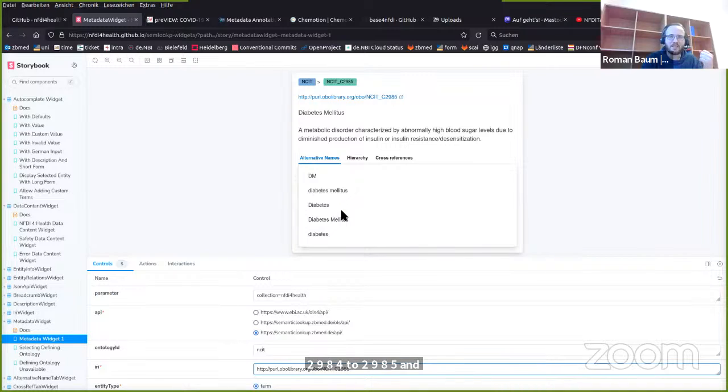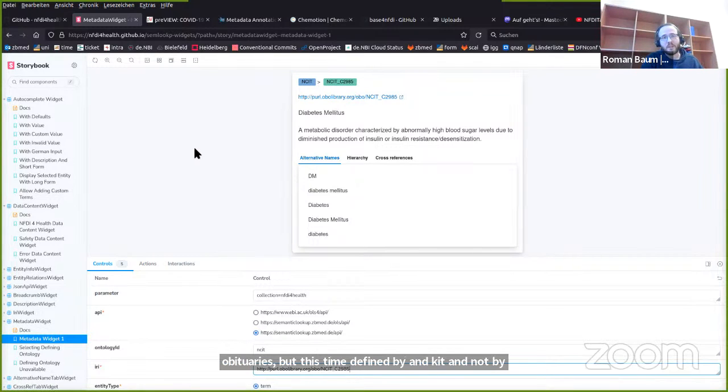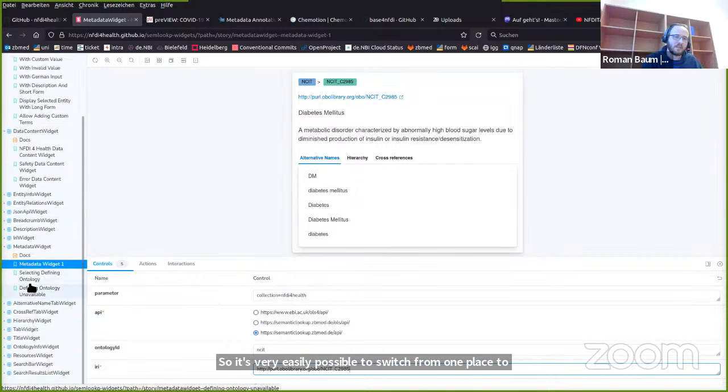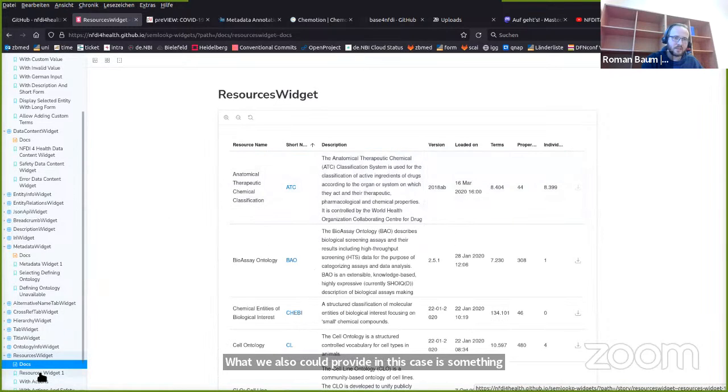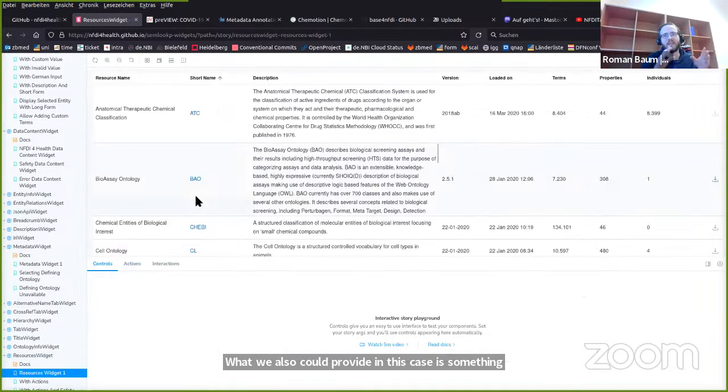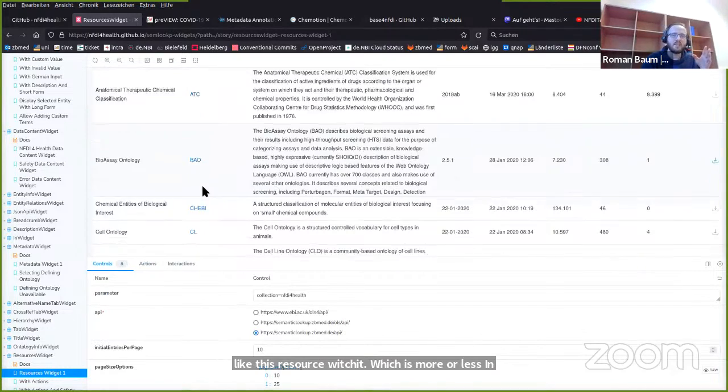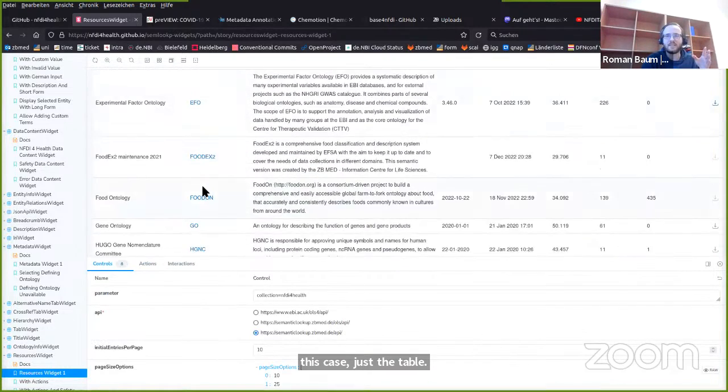And in this case, we again have diabetes mellitus, but this time defined by NKIT and not by EFO, which I showed before. So it's very easily possible to switch from one place to another place to get the data afterwards. And what we also could provide in this case is something like this resource widget, which is more or less, in this case, just a table which listed the ontologies which are accessible in this case.